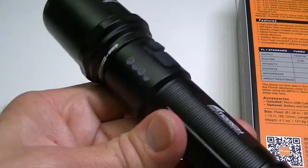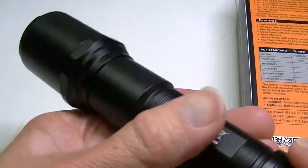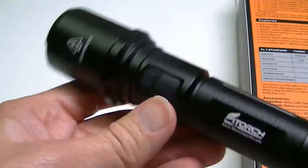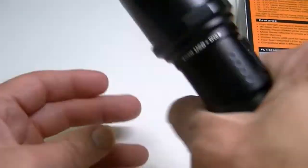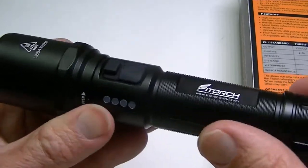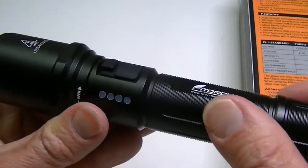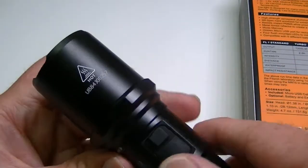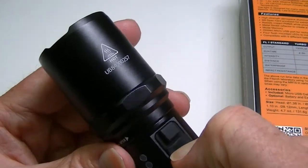Okay, so some of the main features of the light. Now, the knurling here is not particularly aggressive. It's actually quite smooth, but it's a good size light and holds in the hand well, so chances are it's not going to slip that much even if your hands are wet, because as I say, this is not particularly aggressive. It has two switches